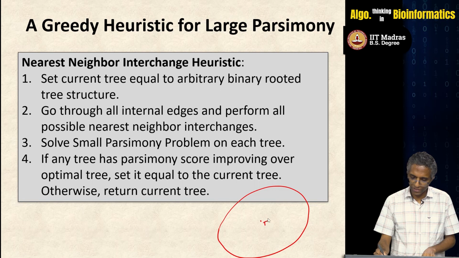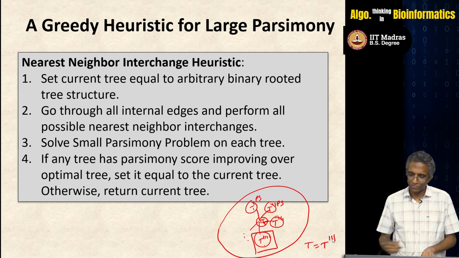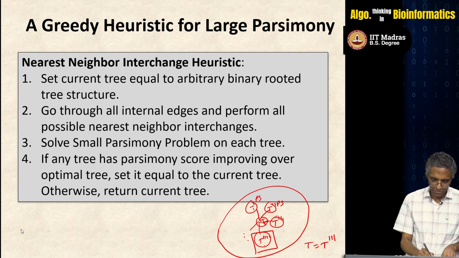So, they are proposing the following. You start with some T, you look at all the other trees that are possible by just nearest neighbor exchanges: T prime, T double prime, T triple prime, T 4 primes and so on, right. For each one of them you calculate your parsimony score including the original tree T, and then whatever is the smallest, let us say T 3 prime is the smallest, that will become the current T. So, you just set your T to be T triple prime, right,